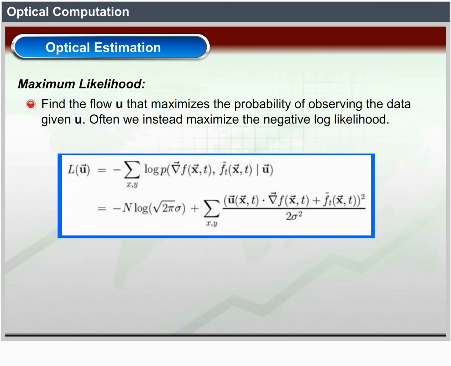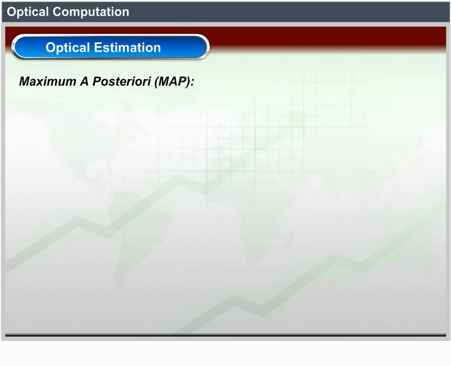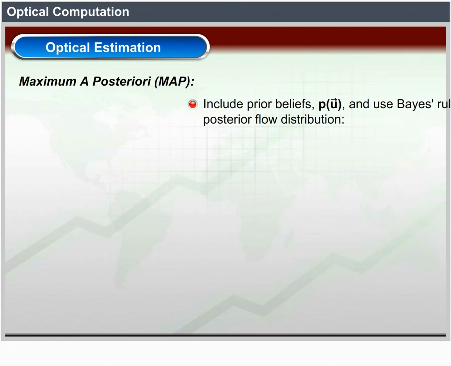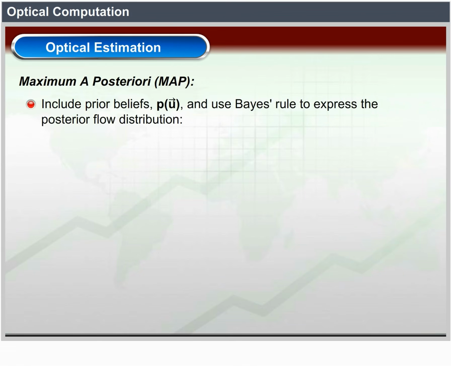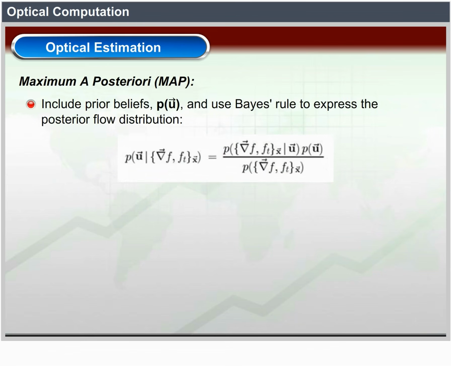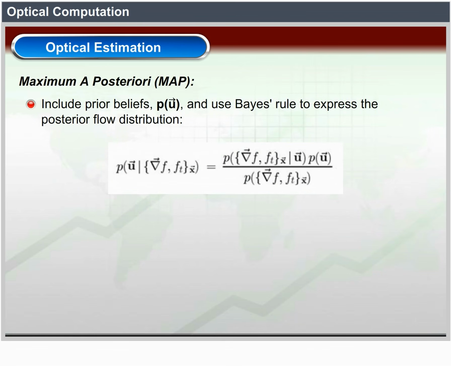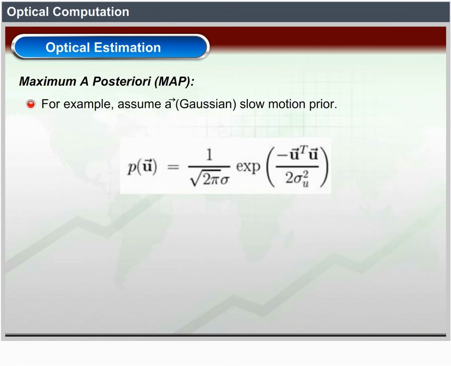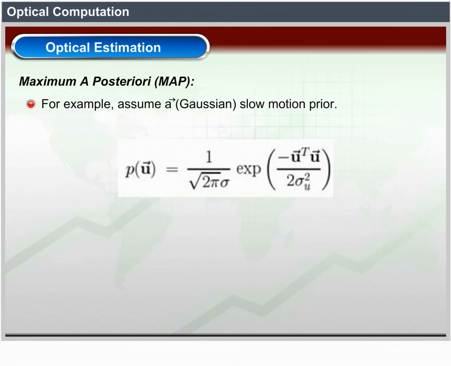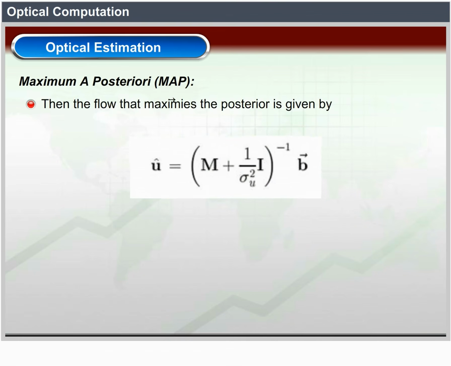Maximum a posteriori, MAP. Maximum a posteriori includes prior beliefs P of u vector and uses Bayes' rule to express the posterior flow distribution, as shown. For example, assume a Gaussian slow motion prior, then the flow that maximizes the posterior is given by where